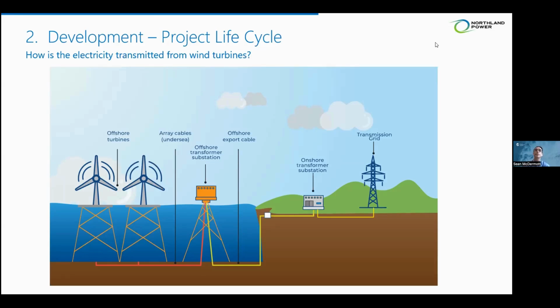In some jurisdictions, we will sell to a private transmission provider rather than the public transmission provider. But nonetheless, from the perspective of the developer, we tend to prefer to have responsibility for this full scale of the project, because it allows us to have certainty on the timing and delivery of everything.